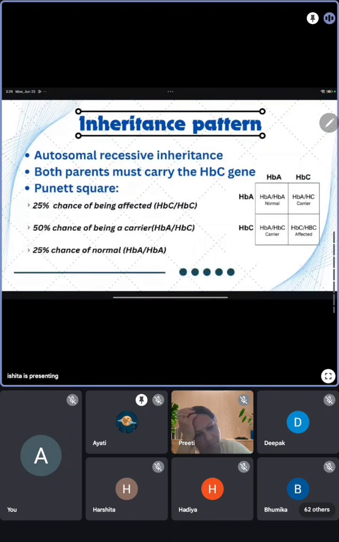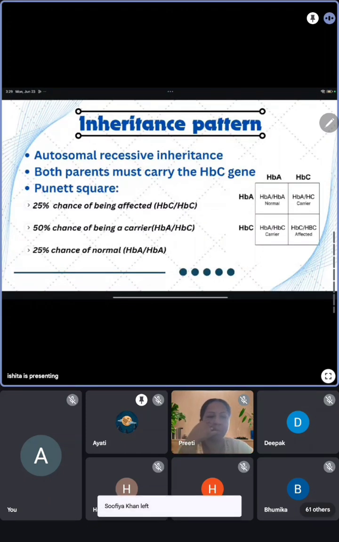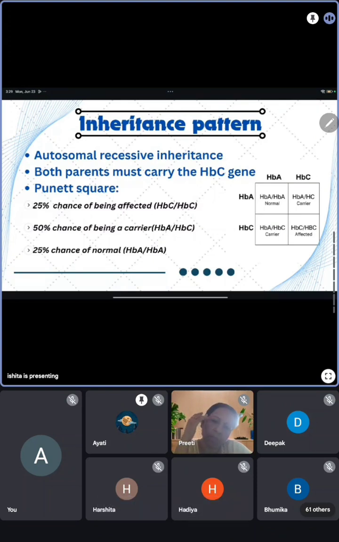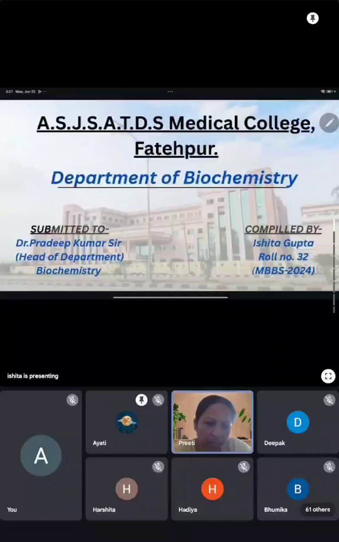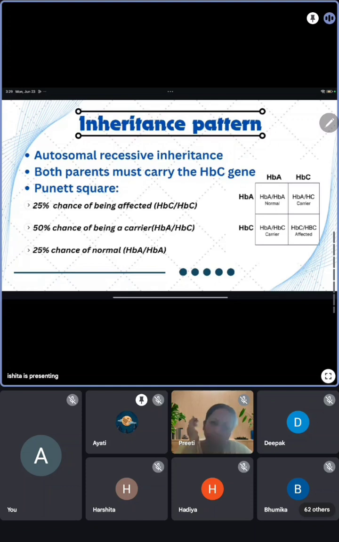So, what is the inheritance pattern? It's an autosomal recessive inheritance. That means for the person to be affected by this gene, both the parents should carry the HBC gene. Here in the Punnett square, we can see both parent 1 and parent 2 are carriers of the disease, HBA and HBC. So, for the person to be affected by this disease, there should be carrier parents, and this is a